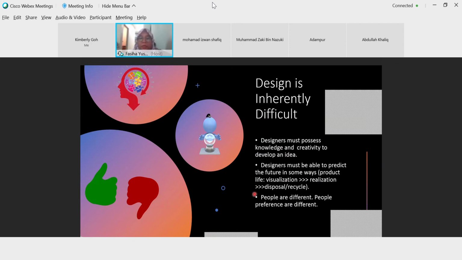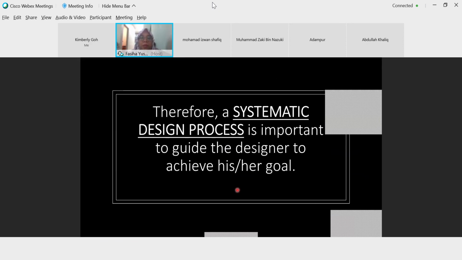Because of these very difficult challenges, a systematic design process is important to guide the designer to achieve his or her goal. It sounds easy: you have a problem, you want to solve it, just solve it.